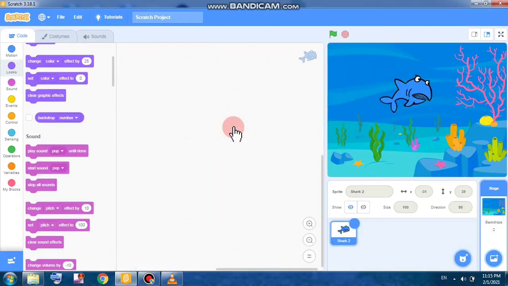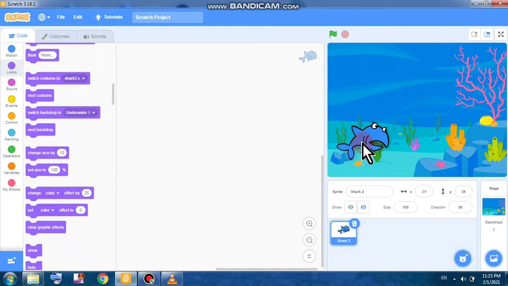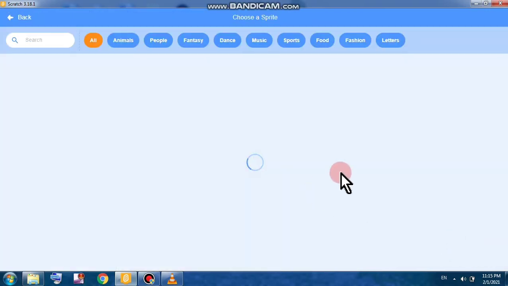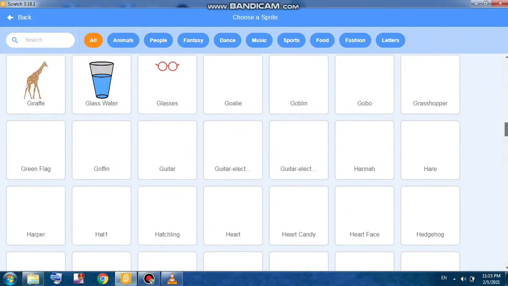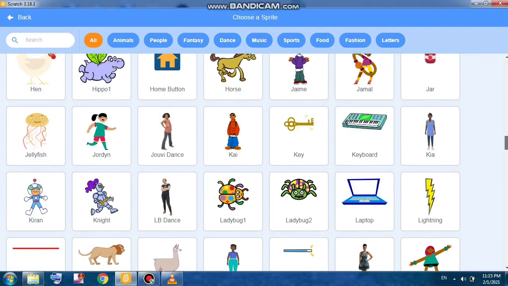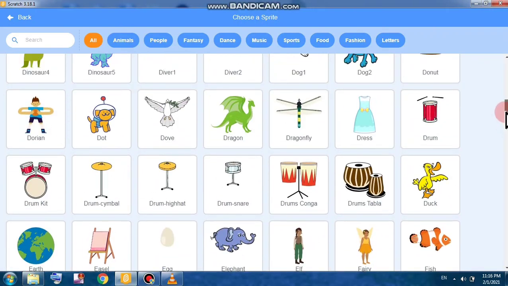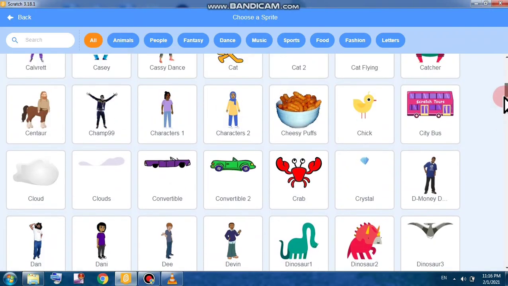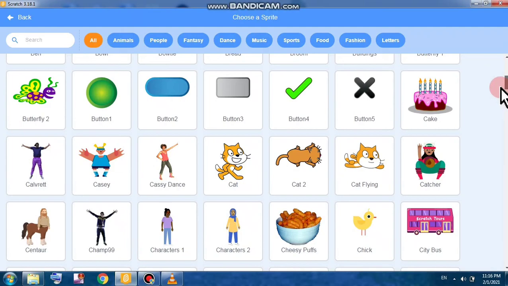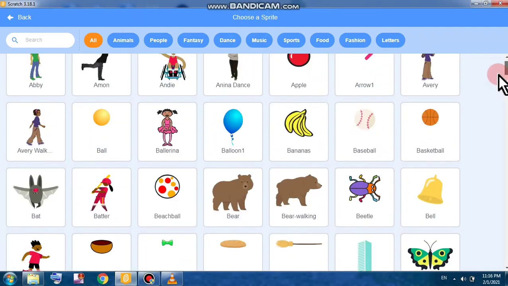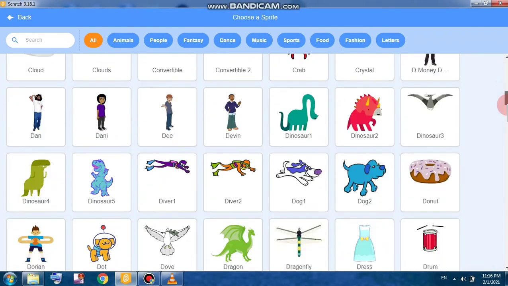Okay, this is looking good, so I will take this shark here, and I will take one more, a starfish, so that it will give a good look. Crab also I can take. Let me find it once again. Okay, let me just take the crab.